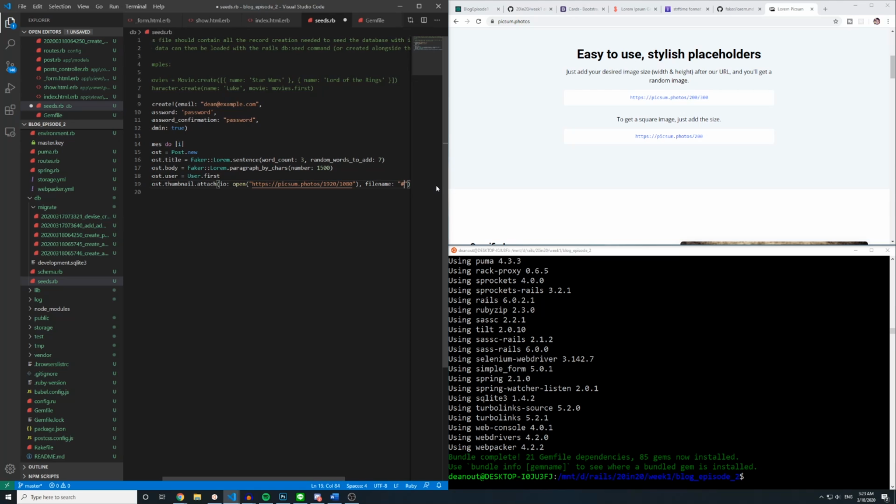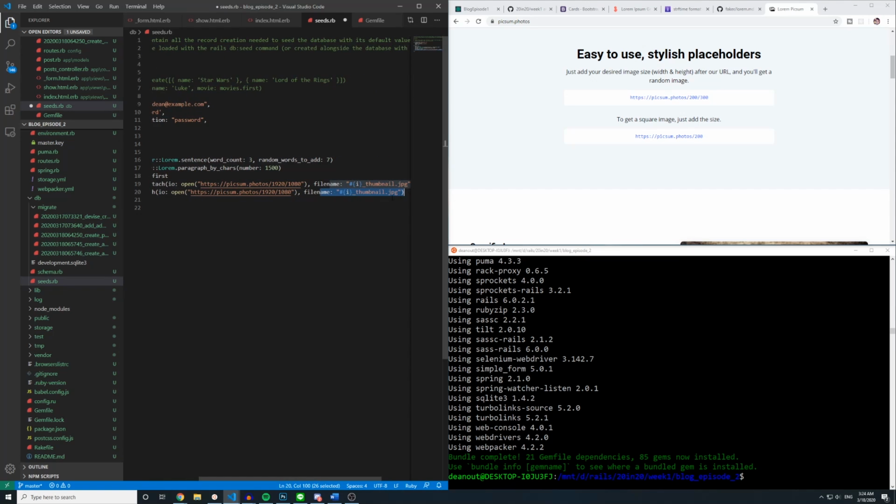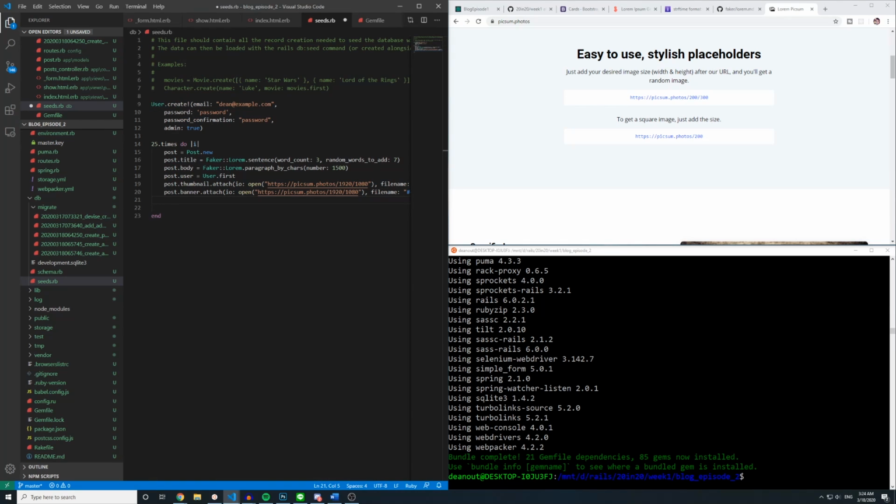And in here, we'll throw in the iterator underscore thumbnail.jpg, because why not? And now let's copy this whole line, paste it down here, and we'll just change this post.thumbnail to post.banner. We can scroll over here, and instead of saying underscore thumbnail, we'll say underscore banner. Next, we'll say the post.views is equal to the Faker: